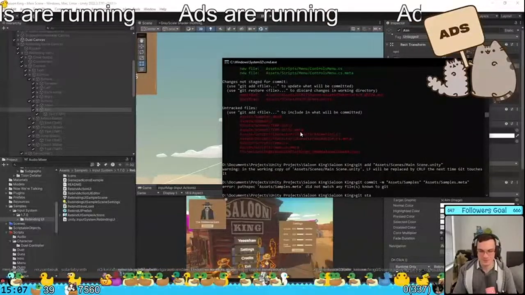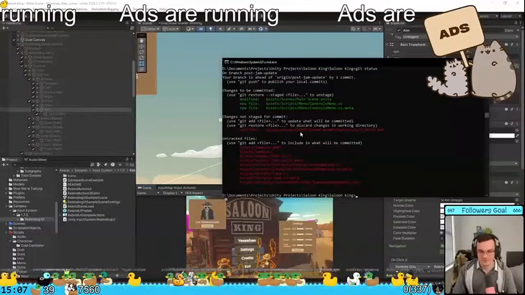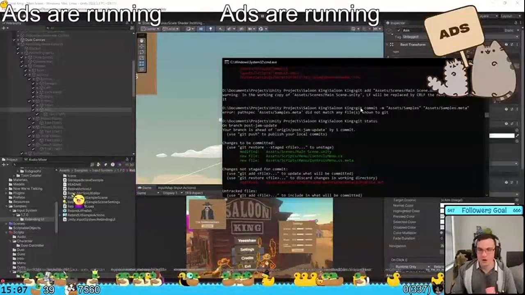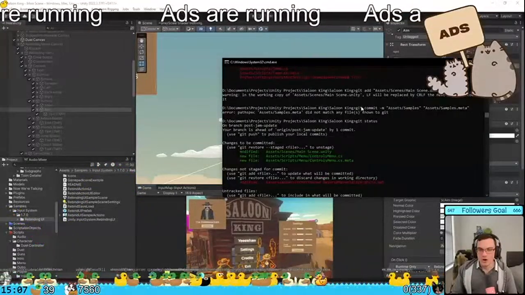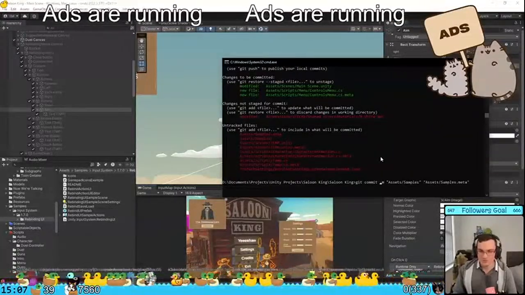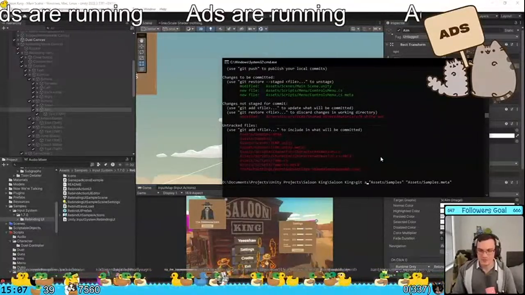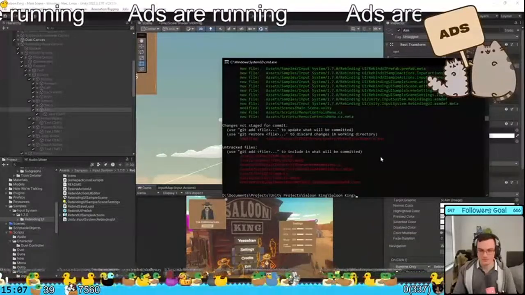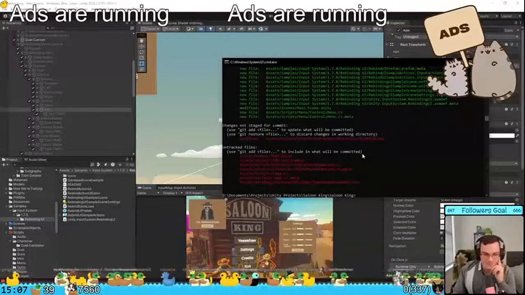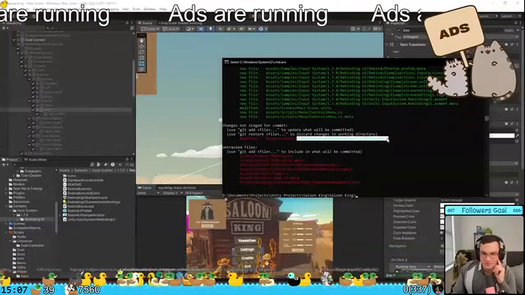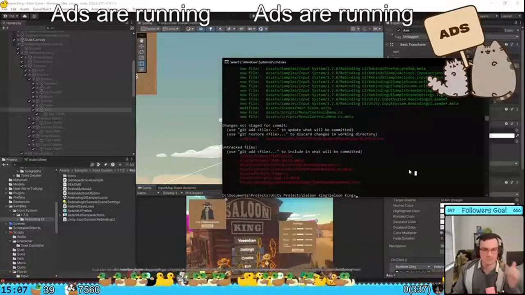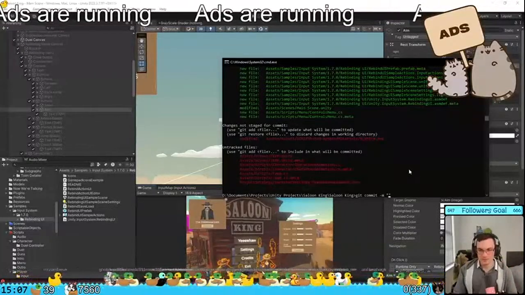Actually, pause. Oh, okay, fine. Hey, what happened? Oh, I did git commit. Oh my god, you're stupid. You're supposed to be git add. Guys, you're supposed to stop me from doing that. Okay, there you go. Makes sense. Okay, so we don't need these two, nope. Git commit, add,